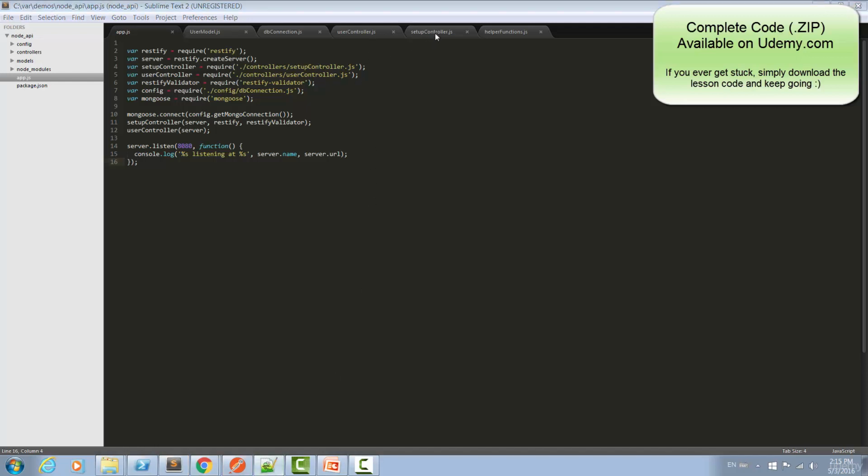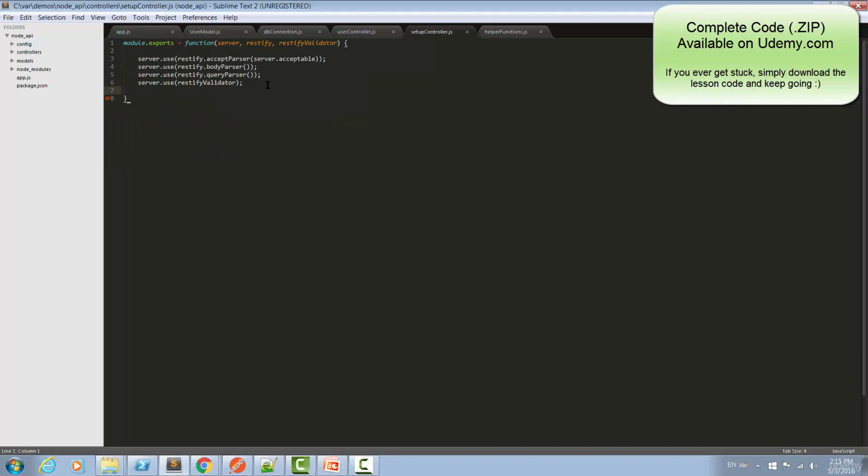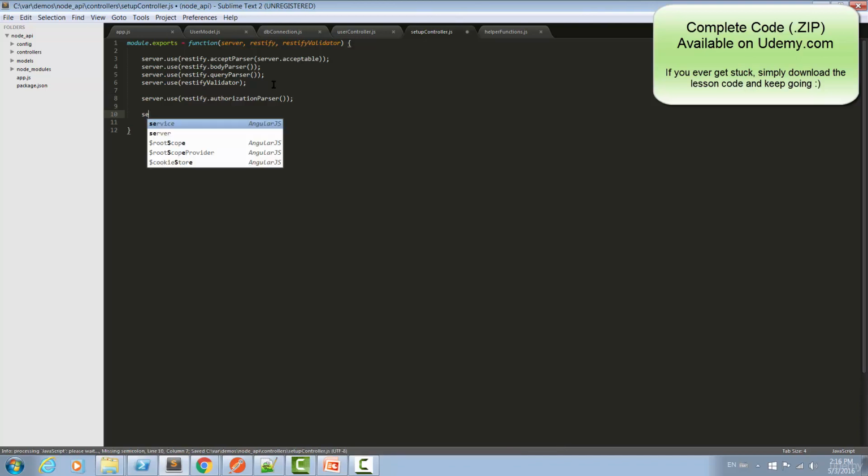To do this, we can go into our setup controller, and Restify actually has something that we can use to parse the incoming authorization header. To do that, we just say restify.authorizationParser. So we're going to use the authorization parser that comes with Restify. And we're also going to use